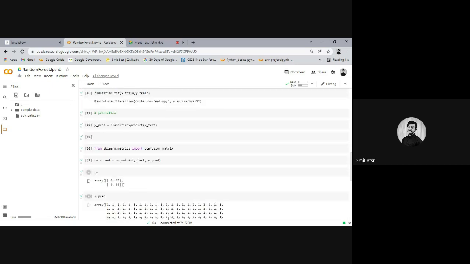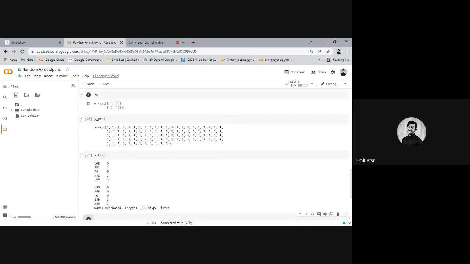What it is showing is this one is true. True and false might be confusing, so let's say 0 and 1. This is the right prediction of 0, this is the right prediction of 1, this is the wrong prediction of 0, this is the wrong prediction of 1. So in this case all the predicted values were 1, so we haven't predicted any zeros, right?